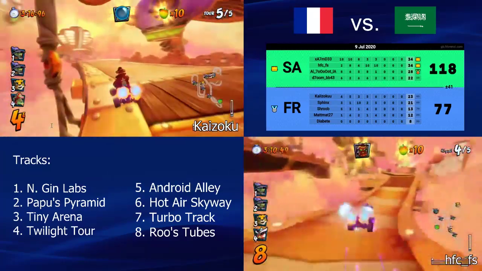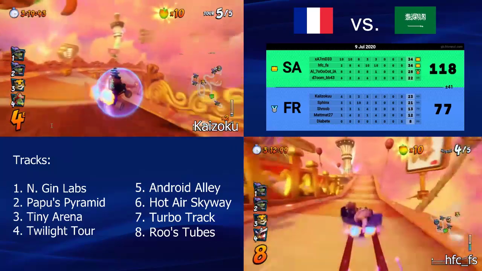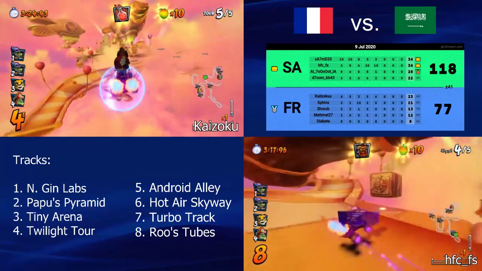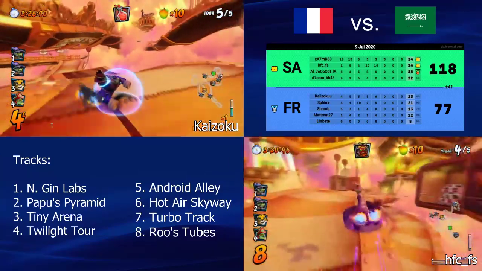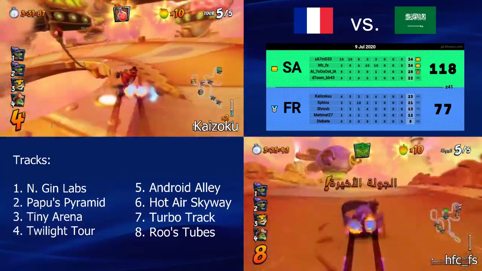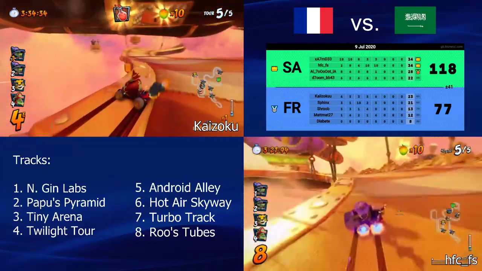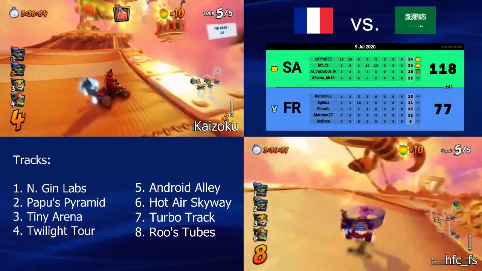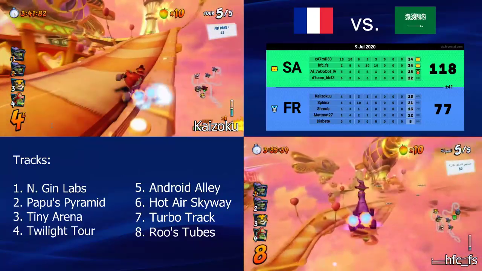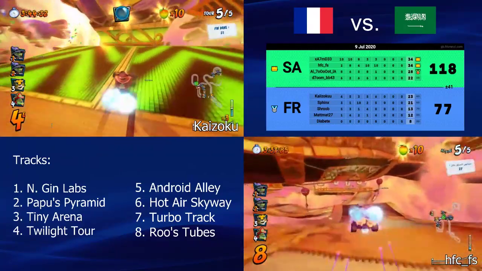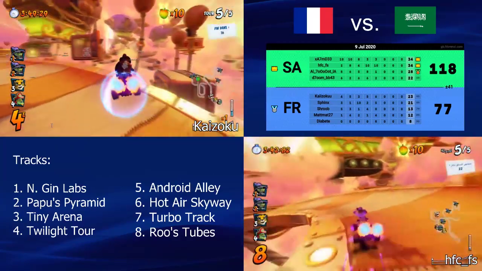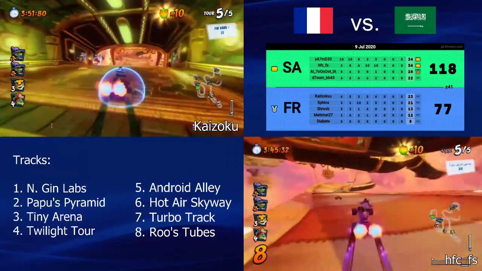HFC on the other hand is dead last. He gets a couple masks, but he isn't really able to do anything with that since he's so far behind. And a mask on Hot Air Skyway is not really the best item either. So yeah. Gets another super engine. So not the best RNG. But I mean, it's still a win for them. It's not that bad. They finished in top 2, so that's going to be another win by at least 3 points.